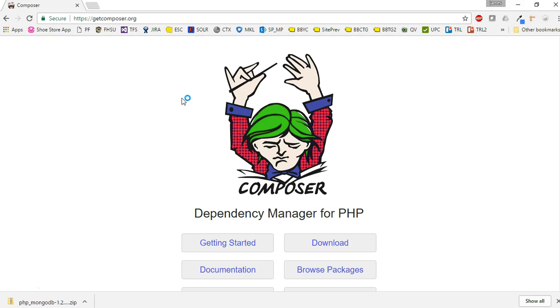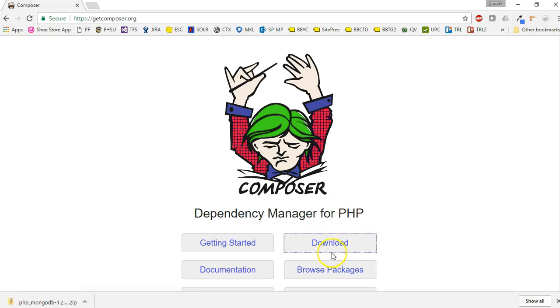It's a piece of software that gives us access to a plethora of different tools and modules for PHP to work with different things, and it's all free. It's like a free online market where you can download these little tools to help you run your applications. So in order to download Composer, go to getcomposer.org, click on the download button here,